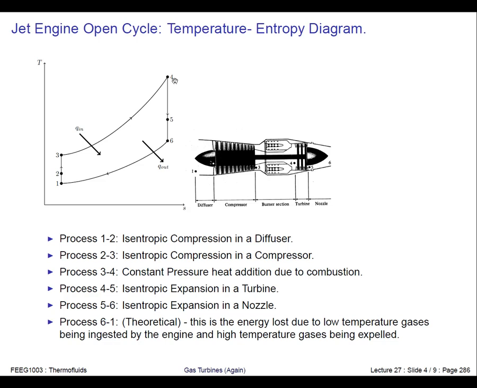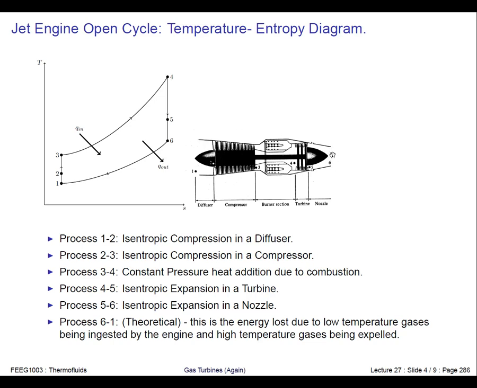And then we take out energy from the fluid going through the turbine, and we only take out sufficient energy from the fluid to power the compressor. That's all we want to do with the jet engine. And then this energy from 5 to 6 is us converting enthalpy to kinetic energy through a nozzle,